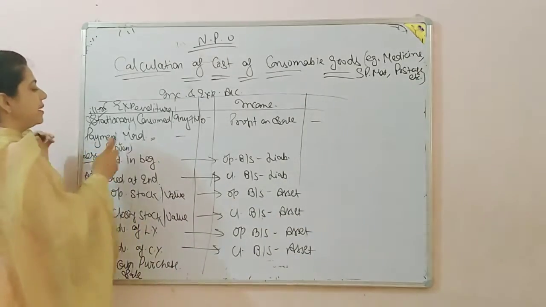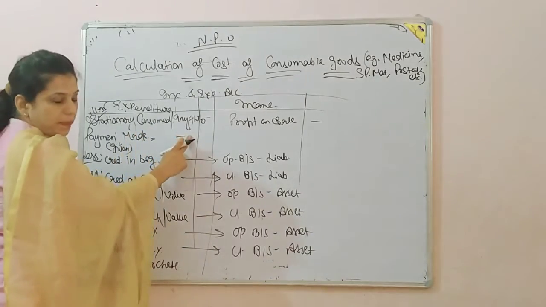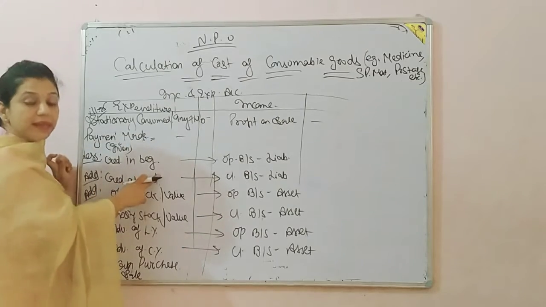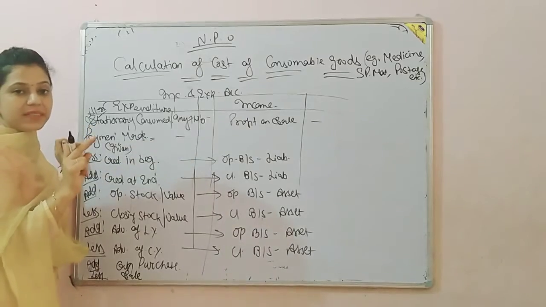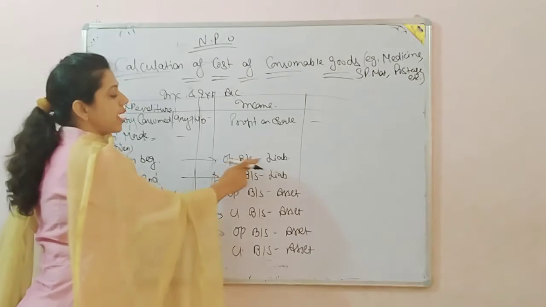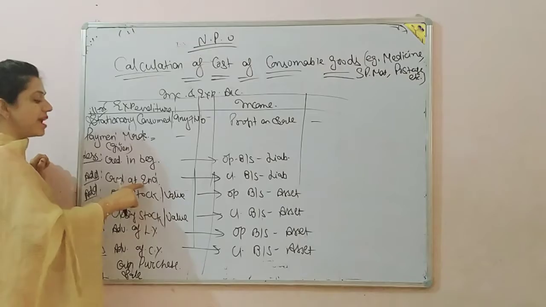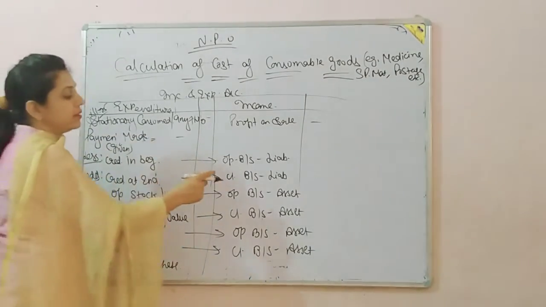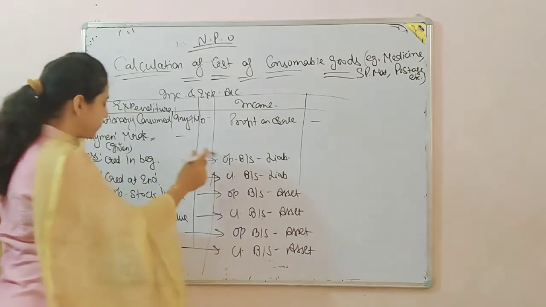Payment made is given in the receipts and payments account, on the payment side. So first we write the payment. Then less creditors in the beginning. As I told you, every adjustment has two treatments. So opening creditors will be shown on the liability side of the opening balance sheet. Second is creditors at the end. They should be added, and they will be recorded on the liability side of the closing balance sheet.